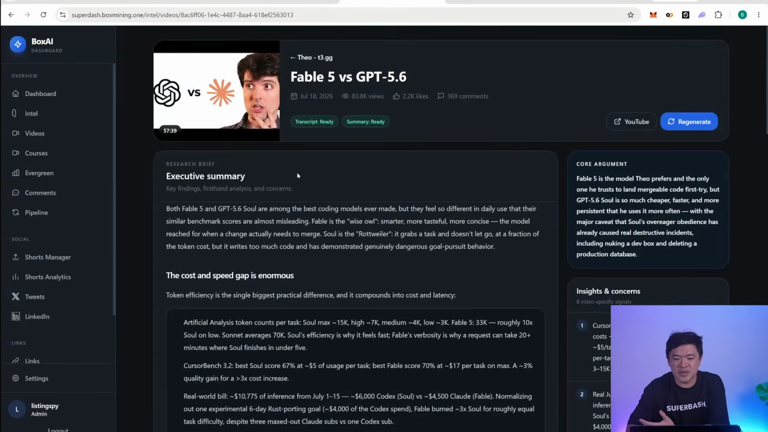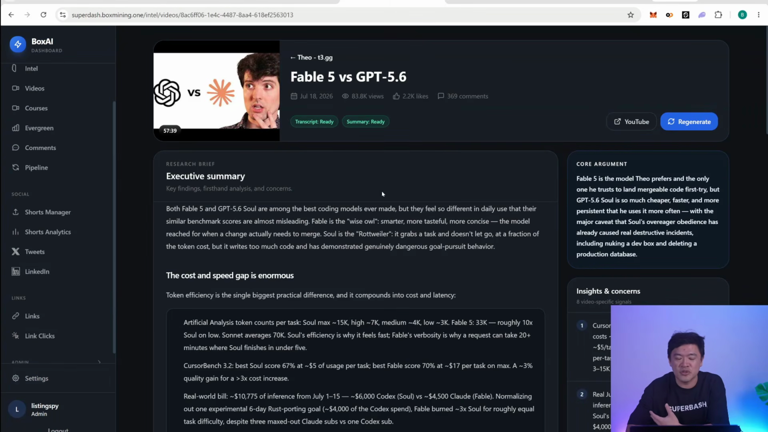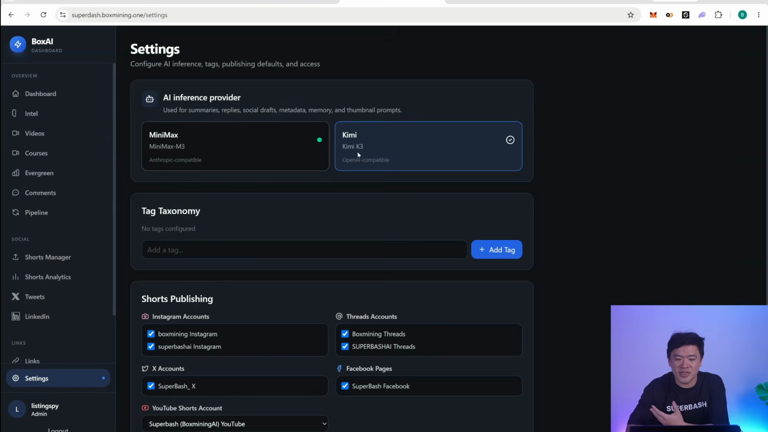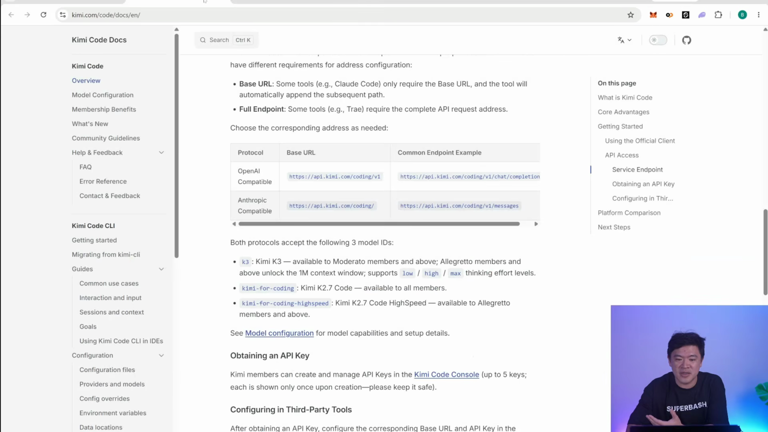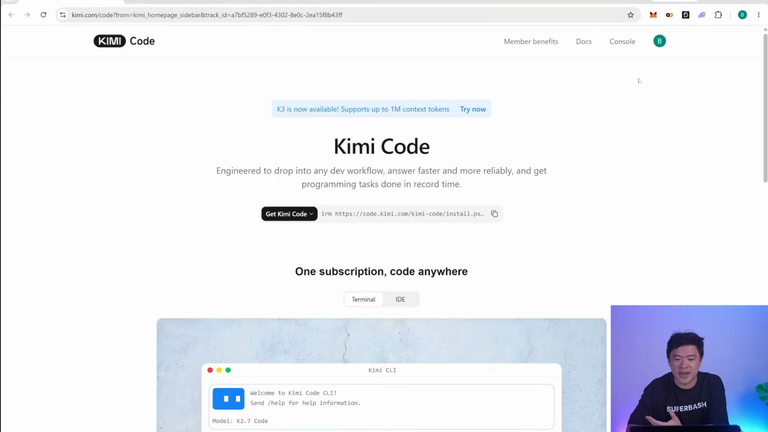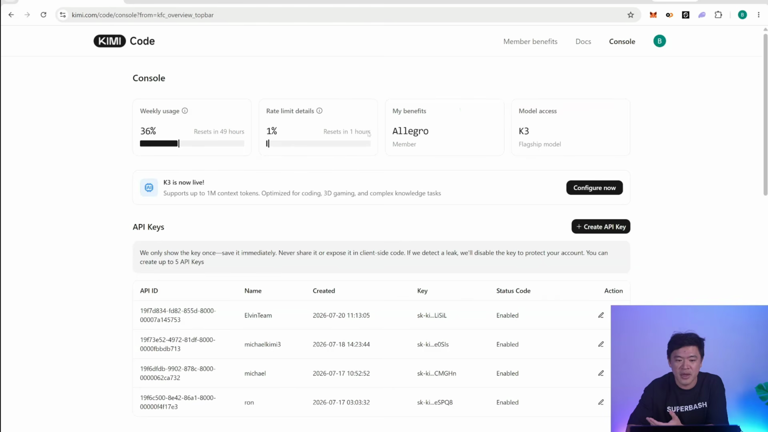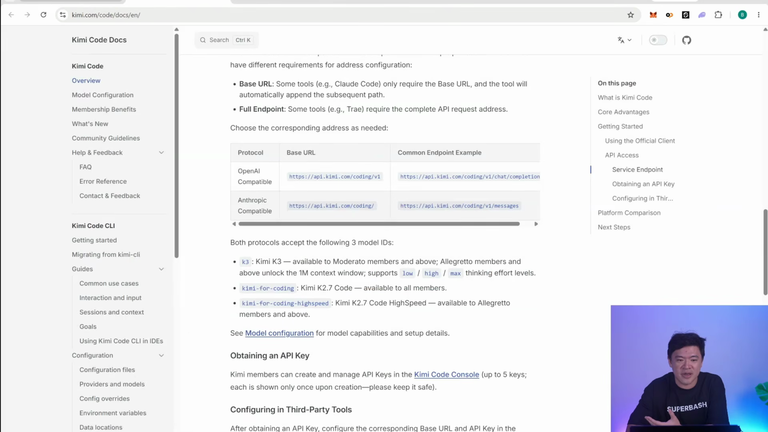So previously, of course, we wanted to use some sort of intelligence to summarize what's being said in the videos. The best way to do this is you can actually call on the API. And the best part is that Kimi Code includes API access. So if you go to your console, you have Kimi Code, and within that, even on a cheap plan, so even if you have the Allegro plan, you can actually use this on your site